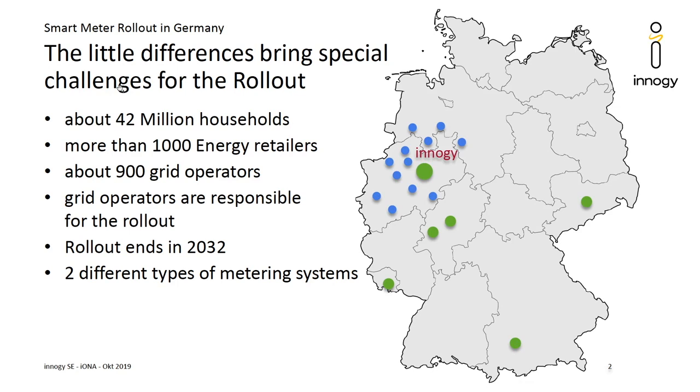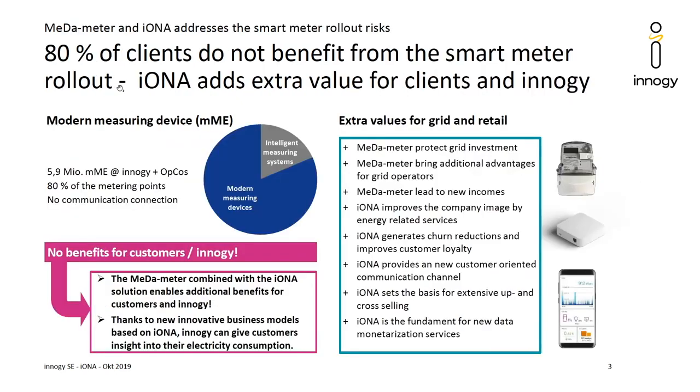It takes a long time to roll out all the smart meters in Germany, but it has a reason. They wanted to start in 2016, but they decided to do a very special rollout in Germany, because they have 2 different types of meters. Let me explain what the difference is. This difference is very important for our product. In Germany, we have 2 different meter types, and only a very small group of customers are getting a real